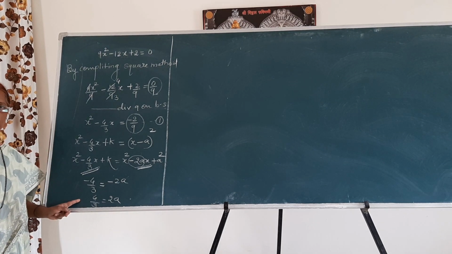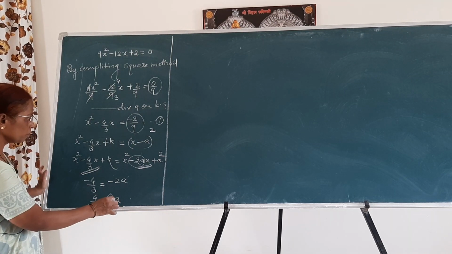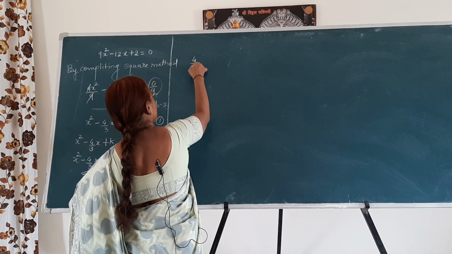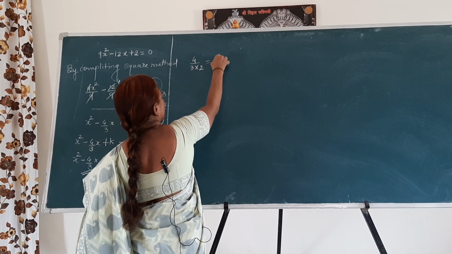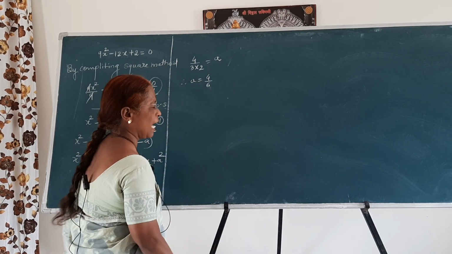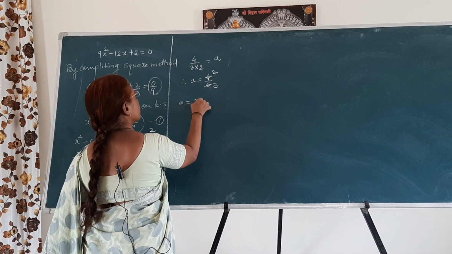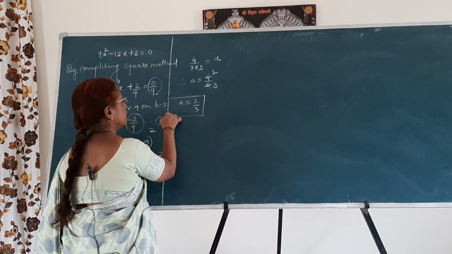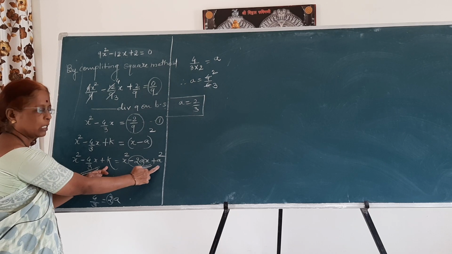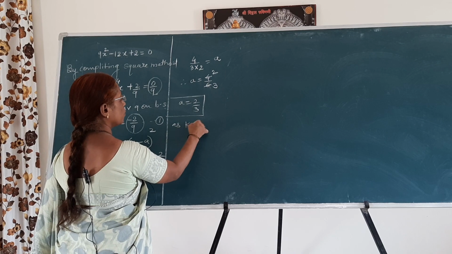Here in this equation, first of all we have to find the value of a. So how to find it? See children, a is equal to 4 by 3 into 2, means a is equal to 4 upon 6. Again reduce it by 2. 2 2s are 4 and 2 3s are 6, means a is equal to 2 by 3, and this is a very important value. So here in this equation, the value of constant k will be k is equal to a square.